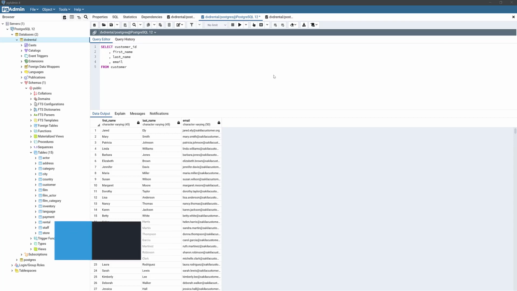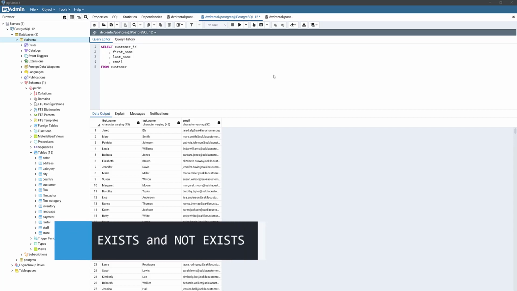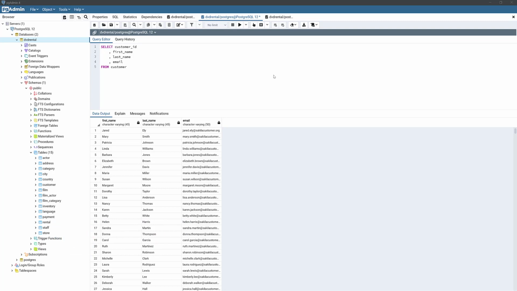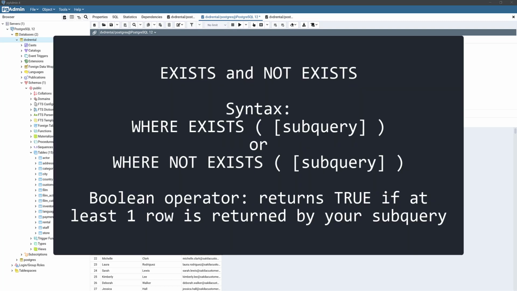Another way we'll demonstrate subqueries in SQL is with a logical operator named exists. Similar to other logical operators like between and like, the exists operator can also be reversed using the not keyword, so you can use either exists or not exists. Both of these functions have to be used with subqueries, so they are a good example